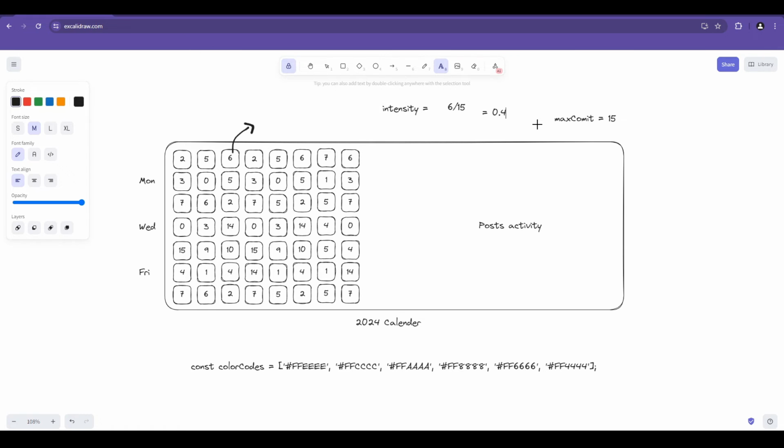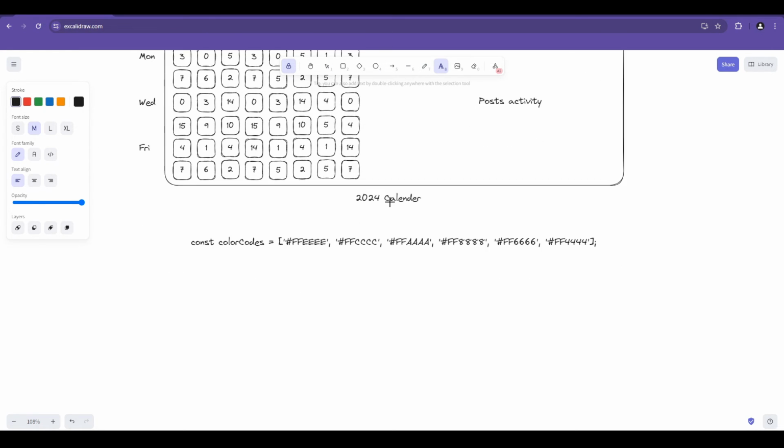So this was 0.4, the intensity, and this whole length of the color codes array is 1, 2, 3, 4, 5, 6. So if we multiply this 0.4 with 6, let me come below here, 0.4